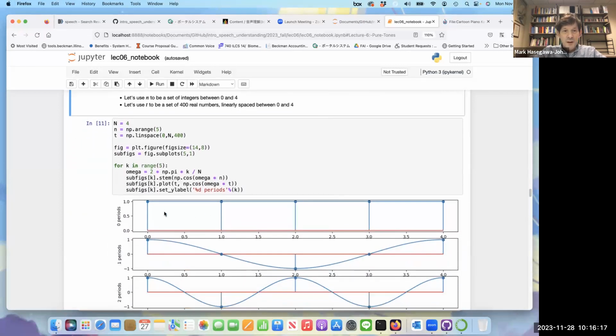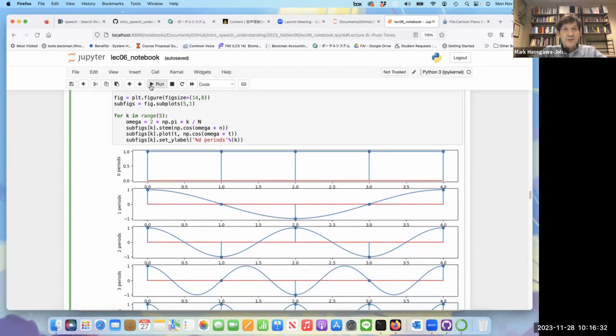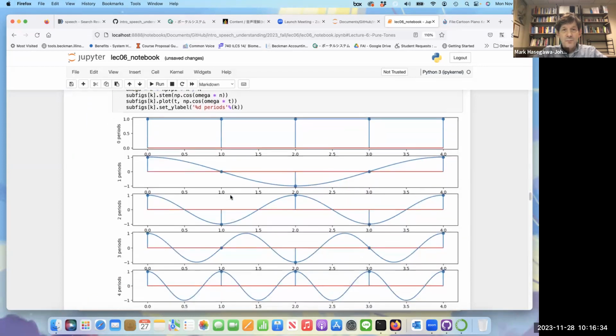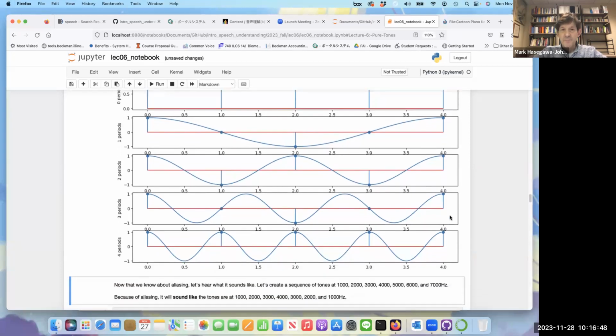We can plot those by plotting lines in between. Here I'm going to have a high frequency rate where I just have n is 5 samples, but then t will be linearly, will give me 400 samples. And so I can plot those same signals that were so mysterious before. At the top, I have 0 periods, and you can see 1, 1, 1, 1, 1. Here I have 1 period, and you can see it goes through 1 period. Here I have 2 complete periods, and you can see it goes between alternating +1 and -1.